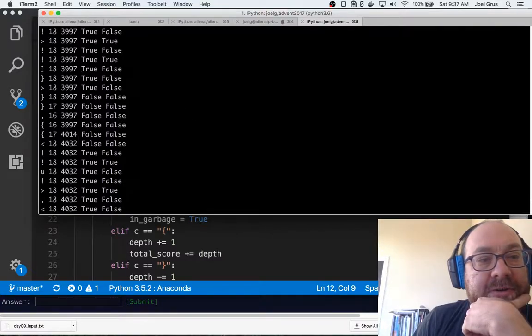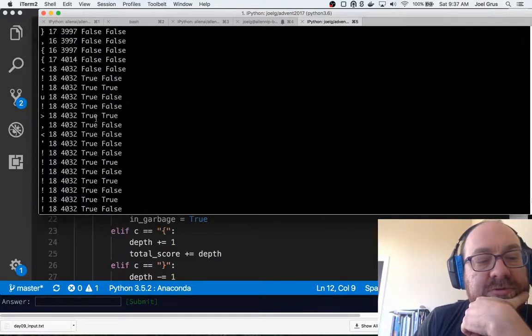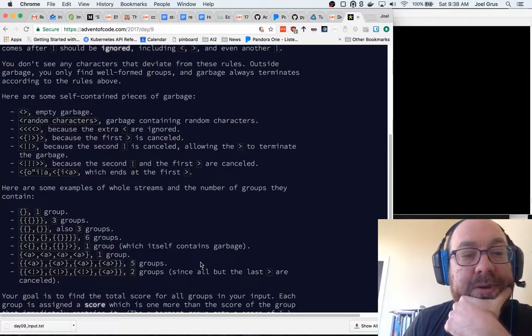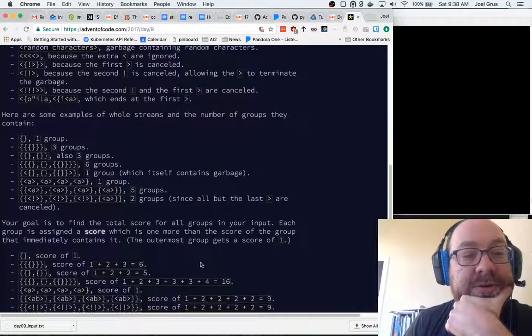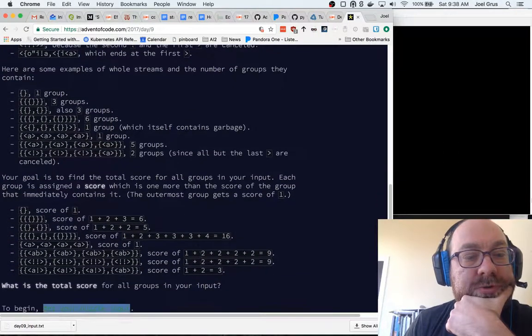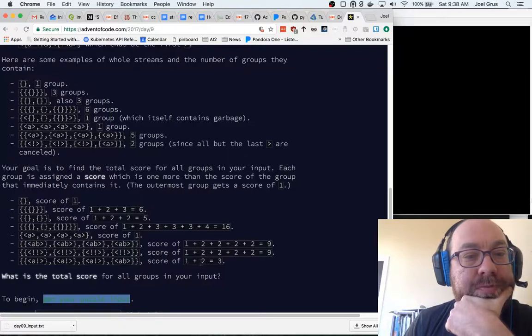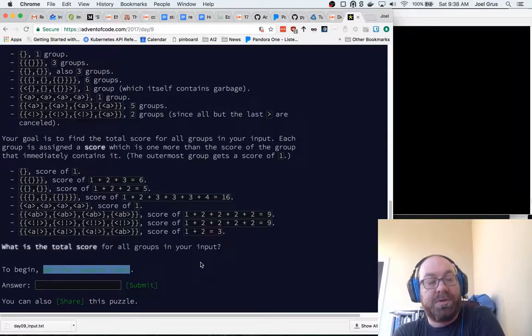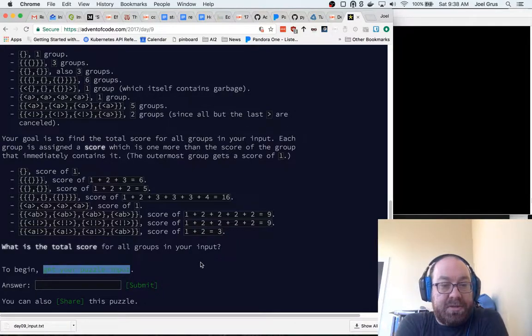It's a lot of characters. So we're inside garbage. I feel like in part 2 I'm going to regret not having dealt with the commas, because I think I'm probably going to need to deal with it in part 2, is my guess.